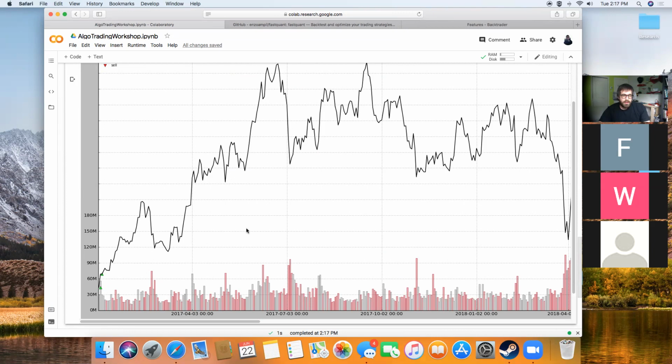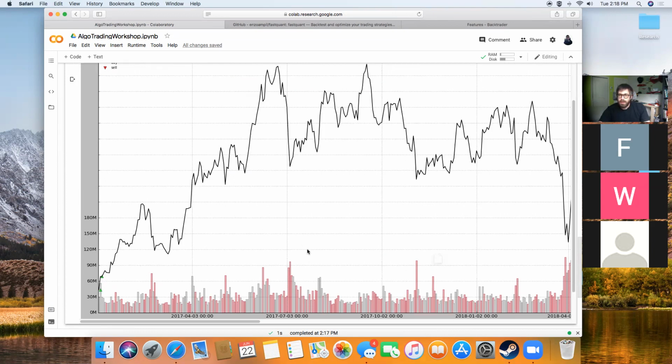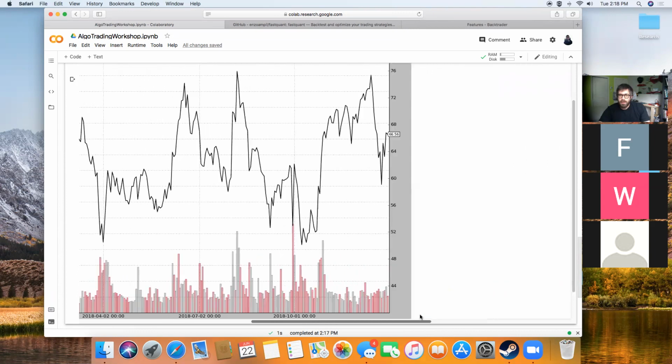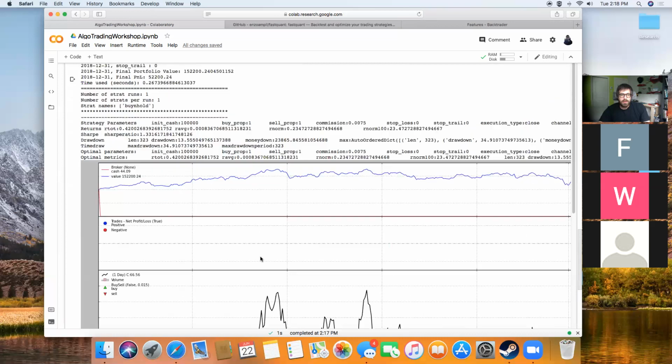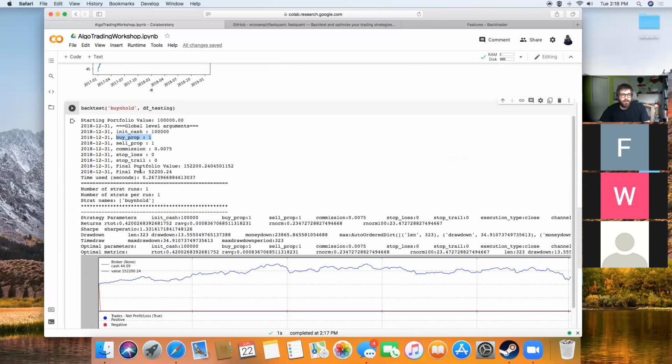I think there's some loss of data. That's why it bought twice. I'm not sure. But anyway, so this is the idea. And we're never selling again. So the final portfolio value is